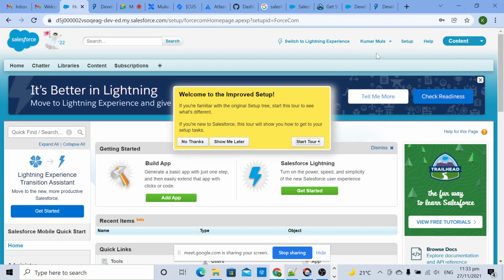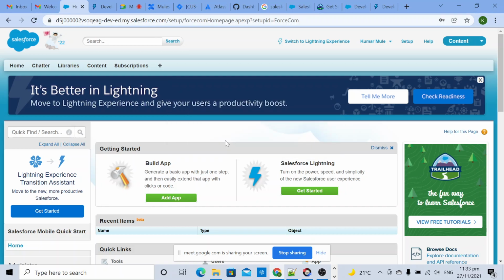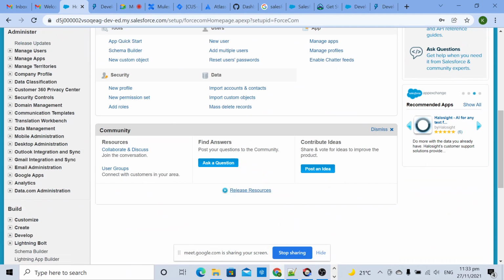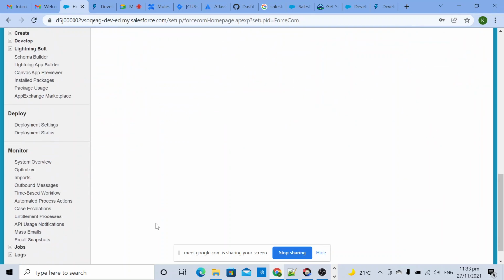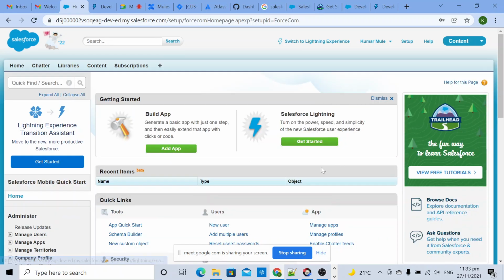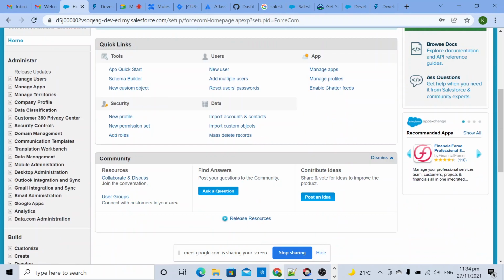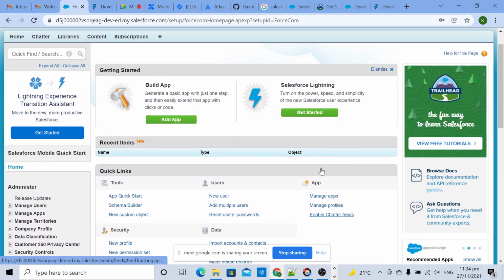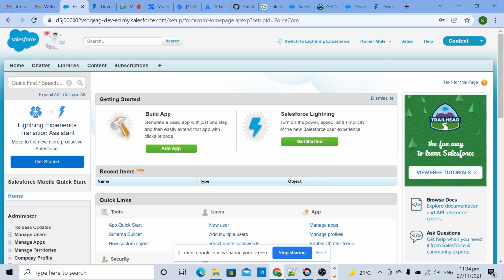Okay, so this is the problem. They keep changing their console and all. It's very difficult to manage things. Now I can see it's a very different console.